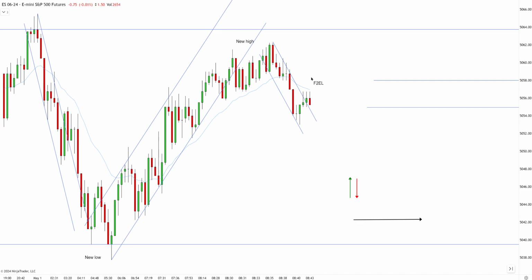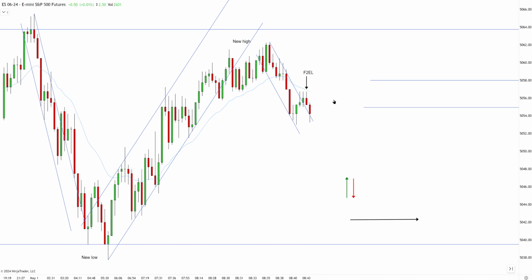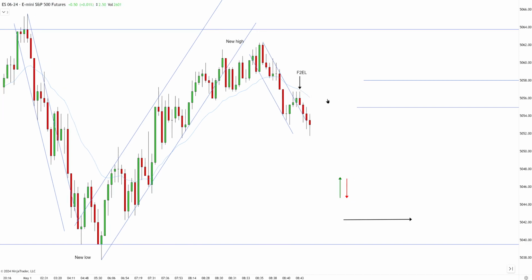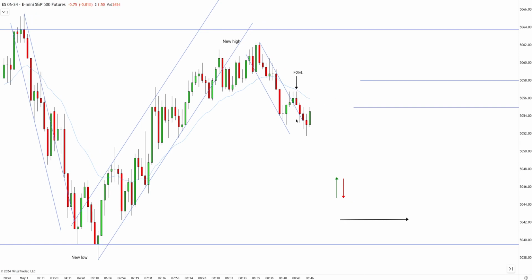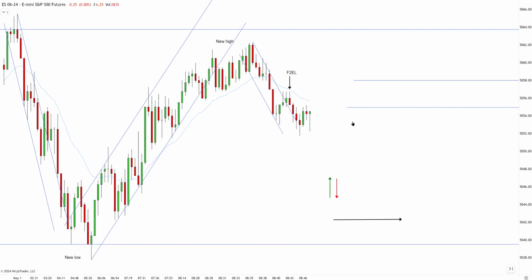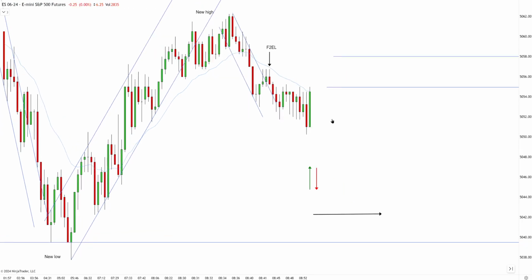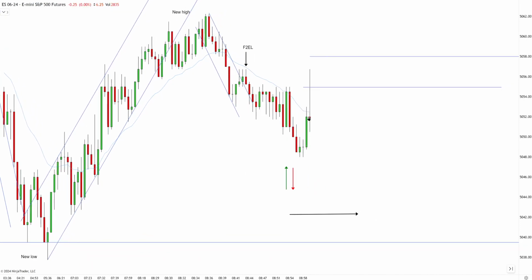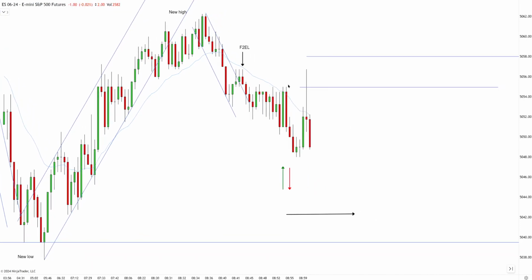You can consider it, but it is more aggressive because you're not fully at the EMA, and I believe we had high impact news to be announced soon here, so it is better to just be patient. We actually had back-to-back news at 8:45 and 9 o'clock, so it is better to be patient. Market keeps working lower. You can see the news came out, big spike in volatility,